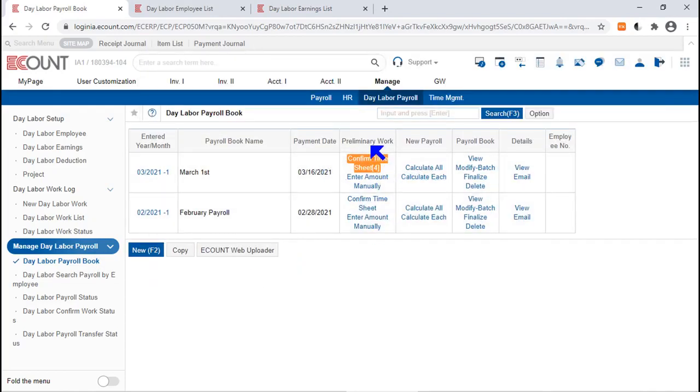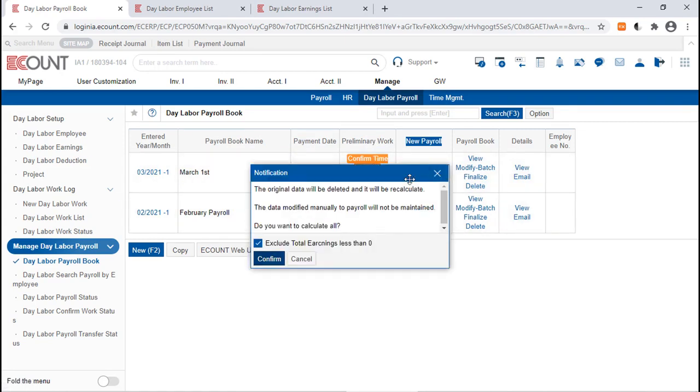And once you've saved confirmed timesheet data, the number of the employees that the program pulled work records for will be marked in square parentheses. And once you have pulled your timesheet data, you can click the Calculate All button in the New Payroll column to run the calculation for all the employees that correspond to this payroll book. Click it,